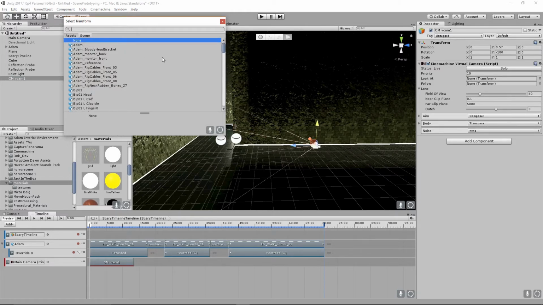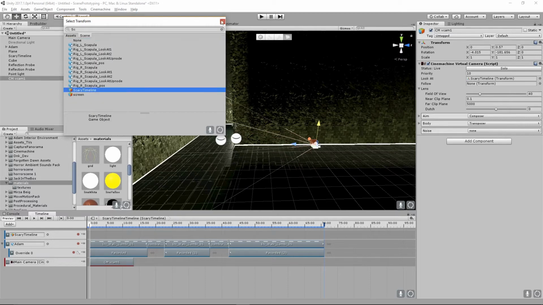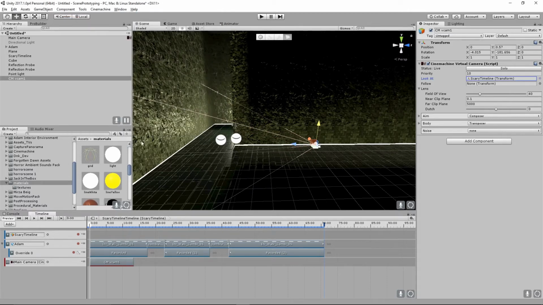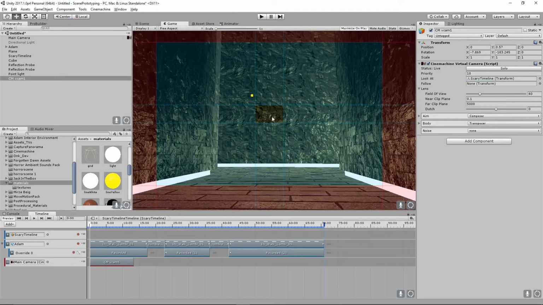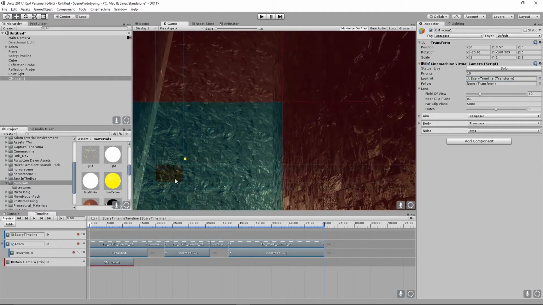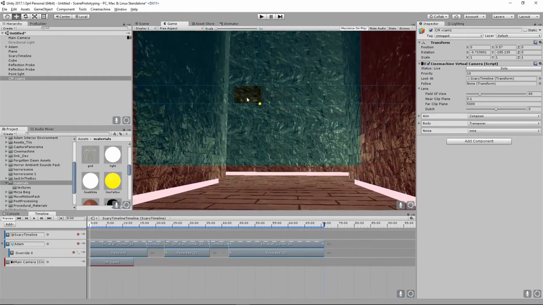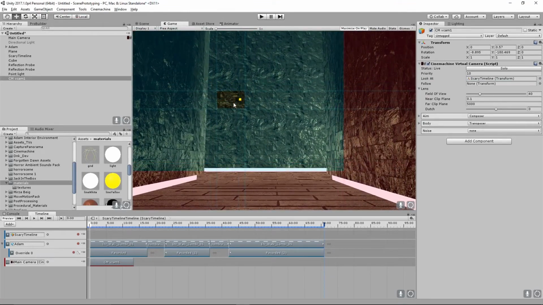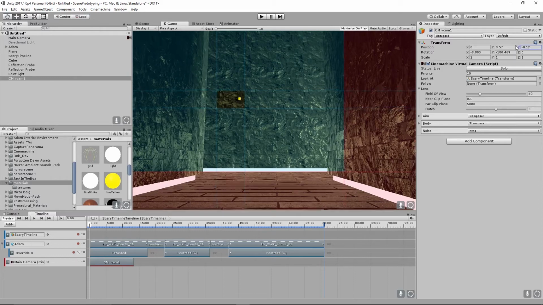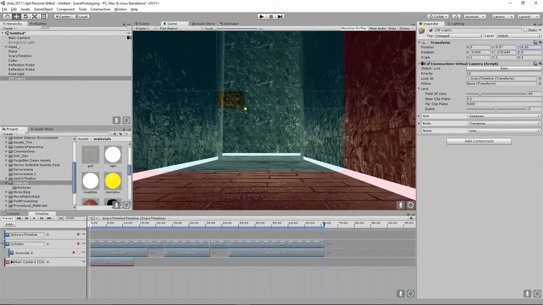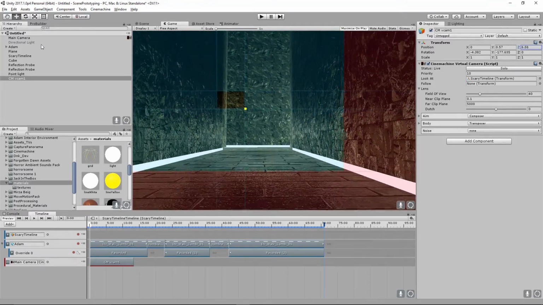It's called Scary Timeline. Notice how the camera snaps to it. So if we go back to our game now, here's our Scary Timeline, and because we're targeting it, we can actually move our composition around, which is a nice way to edit this shot. So if we select our camera and dolly back on the Z, down the hall, we just find the shot